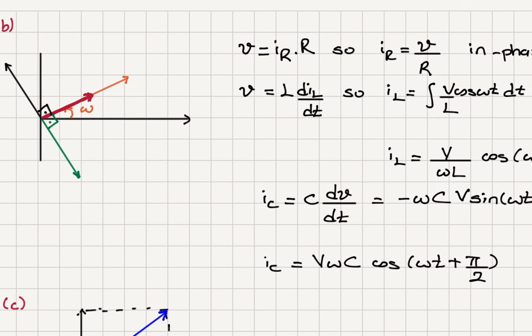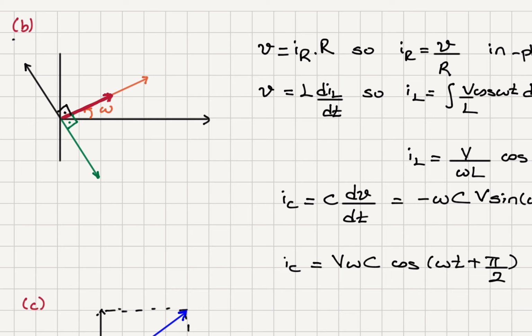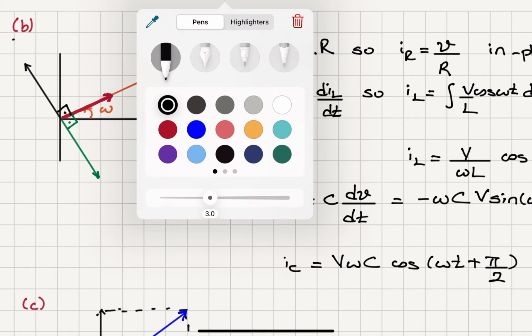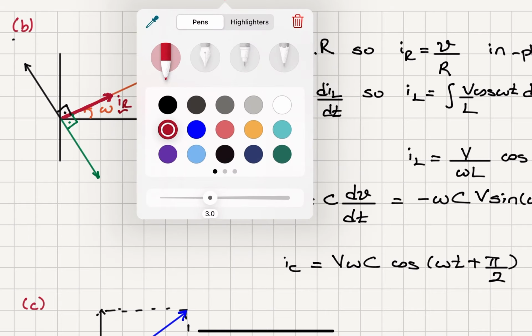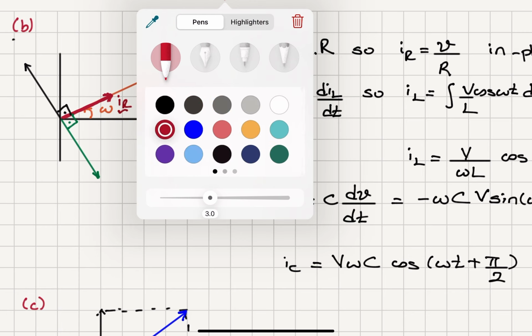If I represent this in a phasor diagram, I have at time t, omega t angle with respect to the x-axis, the current I sub R phasor is capital V over R cosine omega t, and at the same time I have for this